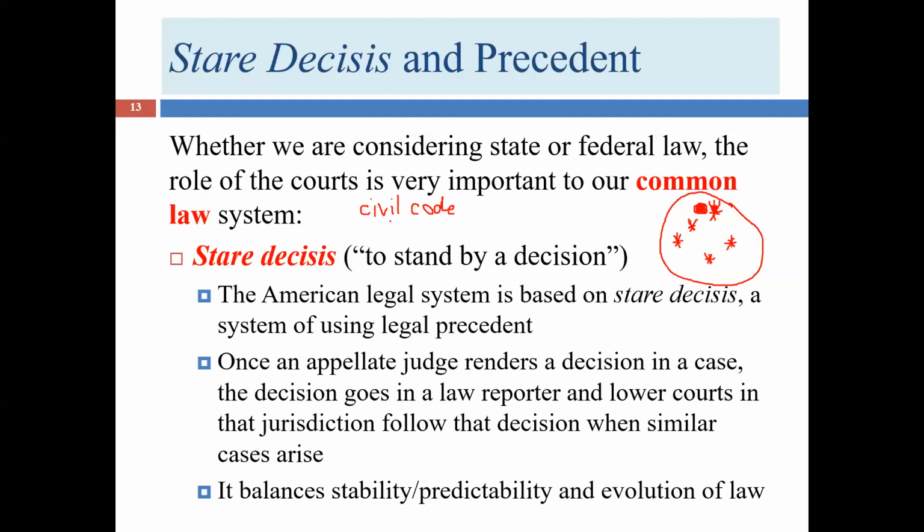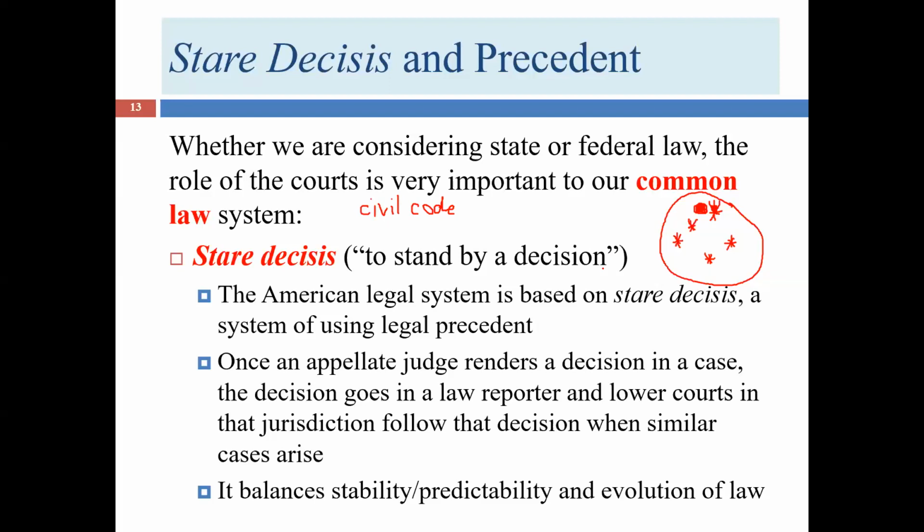One thing that you'll see in a civil code system is that judges have a much smaller role. They don't make law like we have in the common law system. Plus, precedent really isn't very important in a civil code system. In other words, if I have a dispute with Bob and we go to the judge and the judge says Bob wins, and then 10 years later, Larry and Teresa have a dispute over that same topic, Larry and Teresa are probably not going to pay too much attention to the decision that the judge made in Bob's and my dispute. The judge really is just rendering decisions for the two litigants in a civil code system.